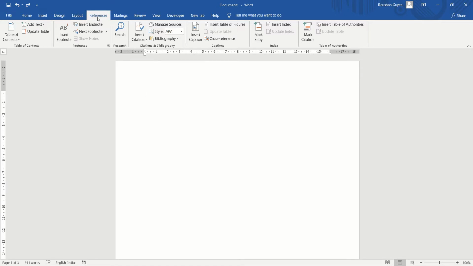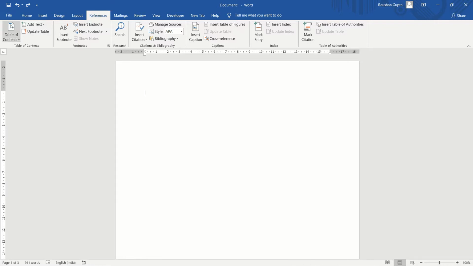So let us continue with our new topic, the References tab. In the References tab, the first group is table of content. So let us first know what is table of content. You have seen in many books that after the page cover there is some instruction, and after that comes a page in which the chapter names and the page numbers of the chapters have been written down. That is only your table of content.